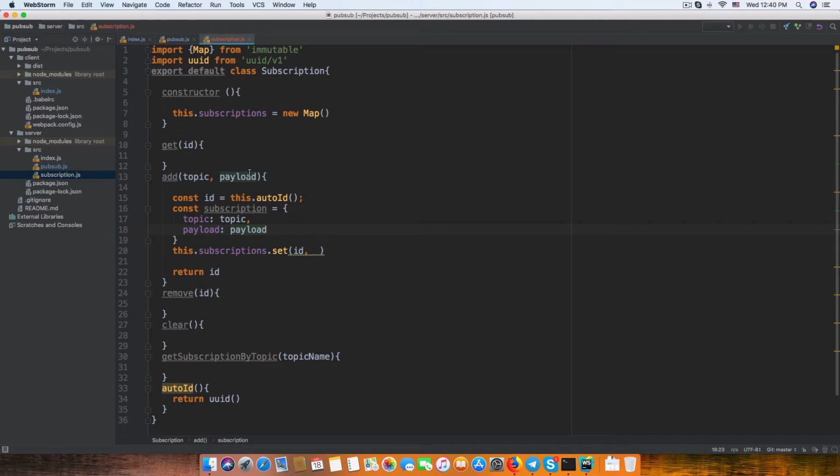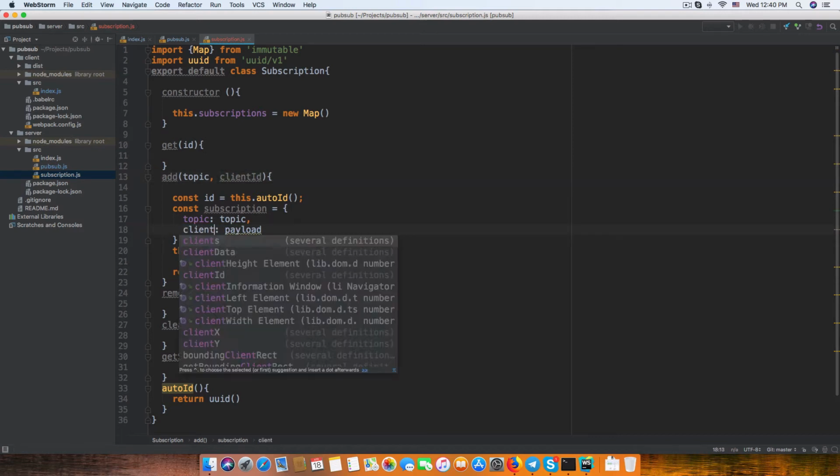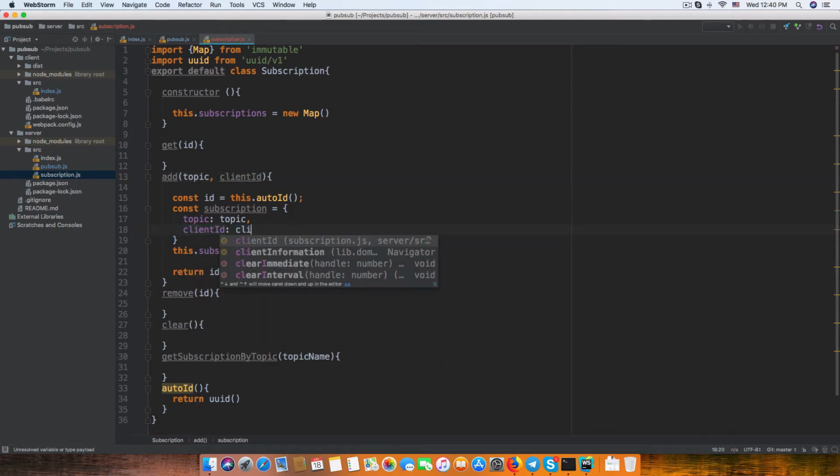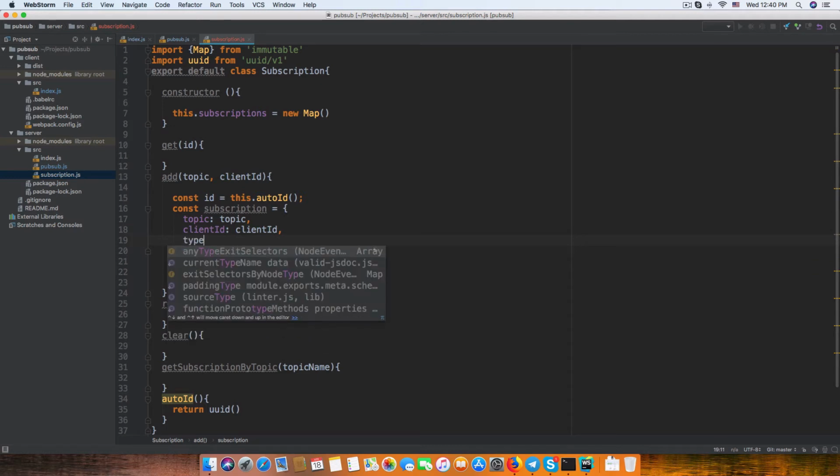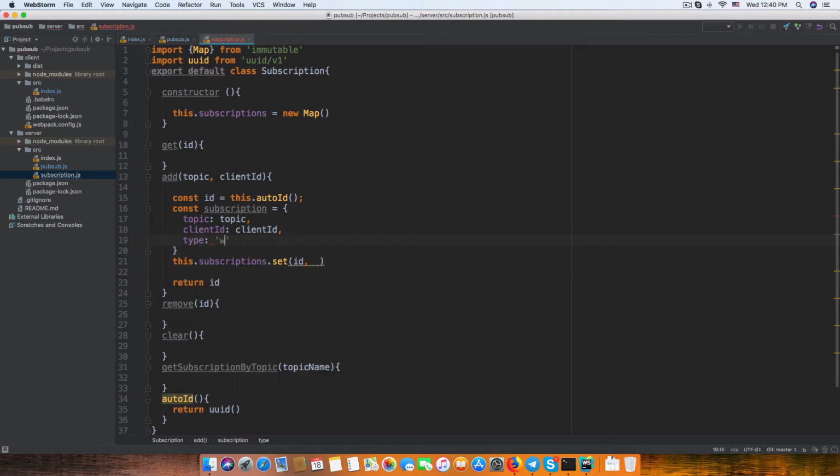I don't think so. I think client ID. So topic and client ID is client ID, and type equal, so the default is WebSockets. So maybe you can do type WebSockets,